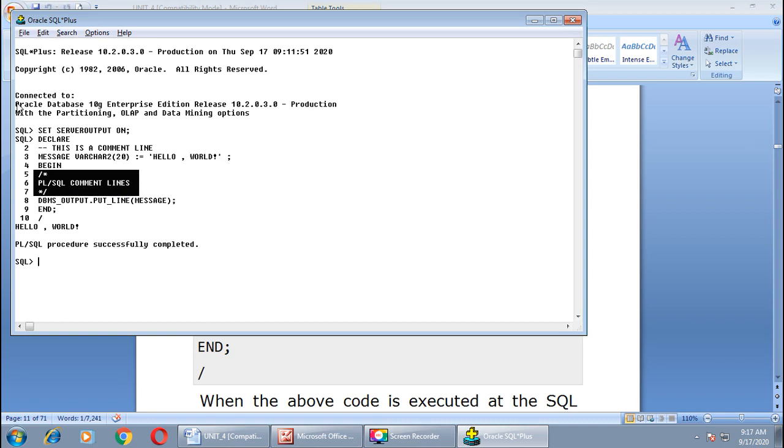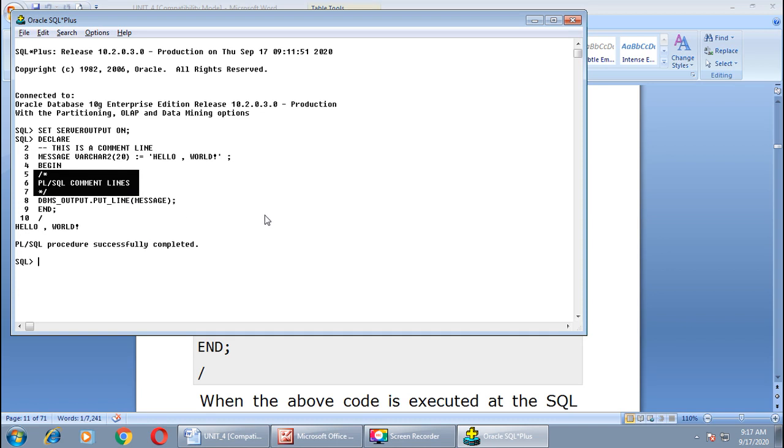So wherever and whenever required, as per your requirement, you can use a single-line comment. You can observe line number 2, this is called a single-line comment, right? As well as, per requirement, you can place a multi-line comment in your PLSQL code, which is not possible in plain SQL, right?